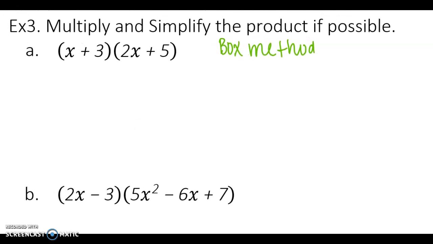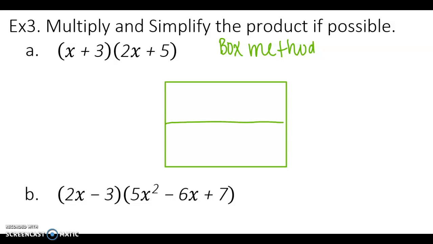All right. So what you're going to need is a box. And then you're going to divide it out into how many things you have. So this is a 2 by 2. So therefore I made a 2 by 2 box. And then you just place it there. So you're going to place x and 3 down here, 2x here, and 5 here. And then you're going to multiply